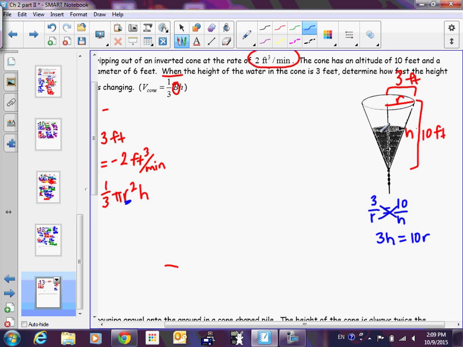I wasn't as clear as I should have been there. Because what I want to do, my ultimate goal of why I'm even doing this, is I want to be able to replace this R with something over here in terms of H. So,